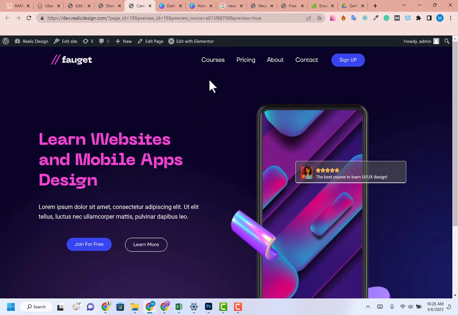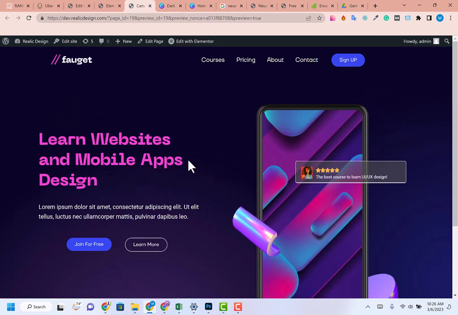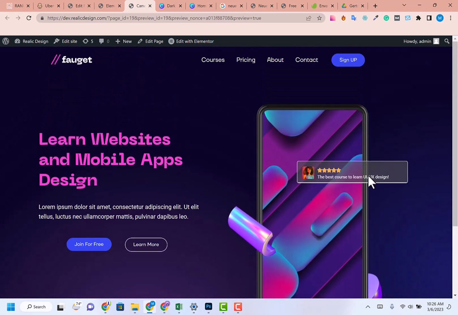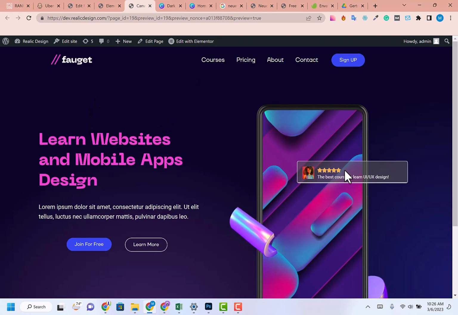In this video, you are going to learn how you can design this kind of Canva template. For example, this Canva template you can convert into WordPress, free of course. This is not an image, this is a Canva template design which is converted into Elementor. So how you can do that, I will provide you a step-by-step guide, including custom font size,